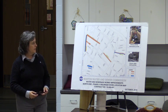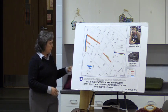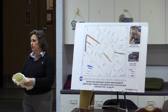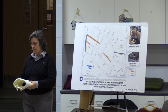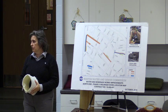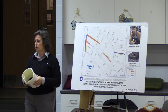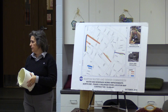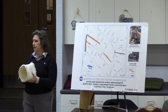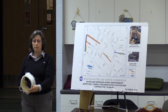We're going to be working on these. The one thing that I wanted to show you was the way that the liner is installed, and I can pass these around. This is a flexible liner that can conform to an oval pipe, a round pipe, an egg-shaped pipe. We have all different sizes and configurations of pipes, so by putting in a flexible liner, we can conform it to the shape of the existing pipe. This is pulled in, usually through a manhole,